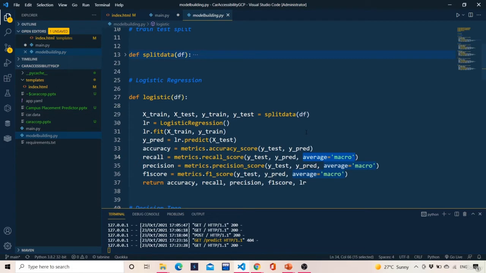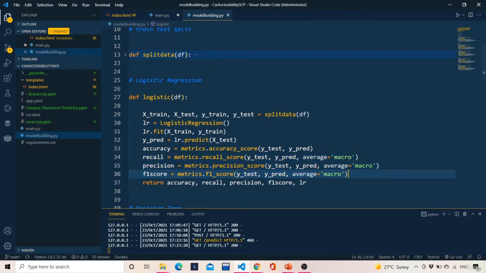That is why it is taking some kind of averages behind the scene and displaying the results. So we have to for sure display the average metric. If you don't display the average, by default it is micro, and if you try and run this, it will show an error for sure. Okay, so we have to be very careful while we are dealing with multi-class classification.